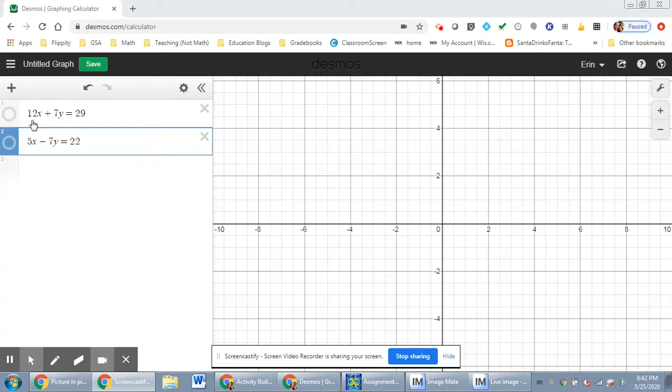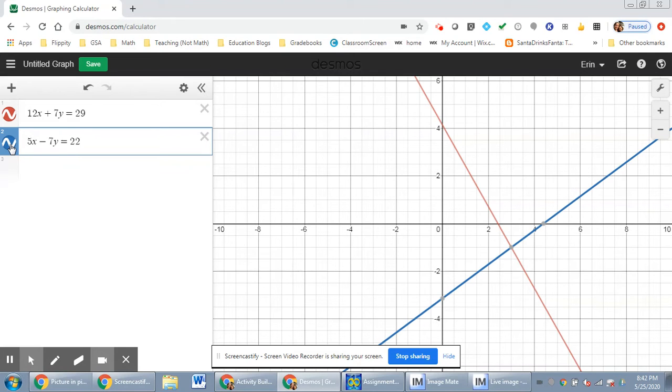So let's say I have the equation 12x plus 7y equals 29. If I go ahead and graph that, I get this equation. And I'm also going to graph the line 5x minus 7y equals 22. When we talk about solving a system of equations, we're looking at where those two lines or more intersect each other. And what we find there is a solution, or a point that is a solution to both